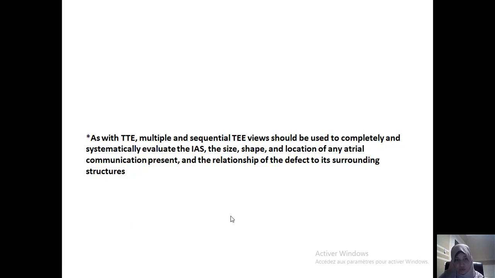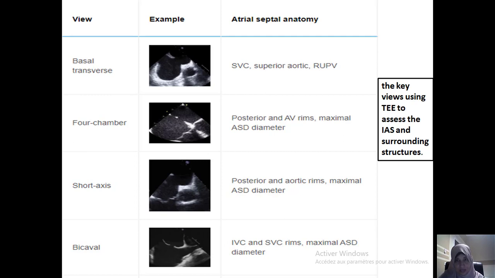Now, as with TTE, multiple and sequential transesophageal views should be used to completely and systematically evaluate the interatrial septum, the size, the shape, and location of any atrial communication present, and mainly the relationship of the defect to its surrounding structures. Here, we have a summary of the key views using transesophageal echocardiography to assess the interatrial septum and the surrounding structures. These views are the basal transverse, which can